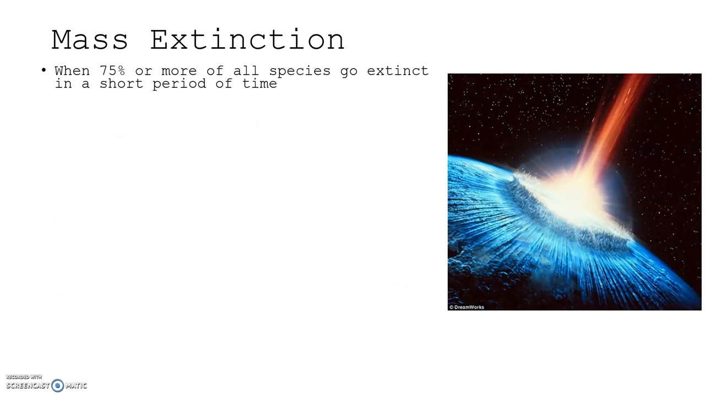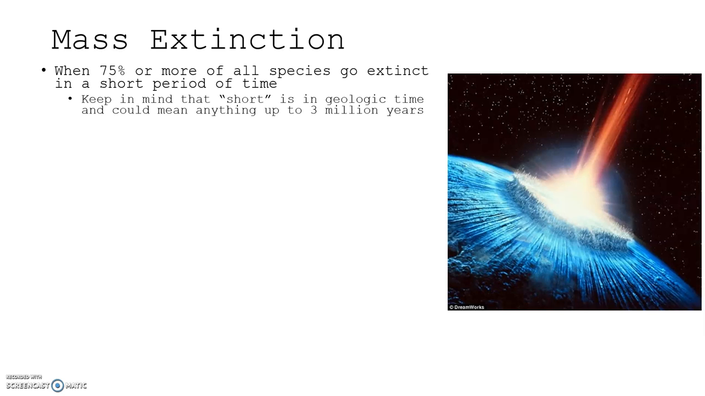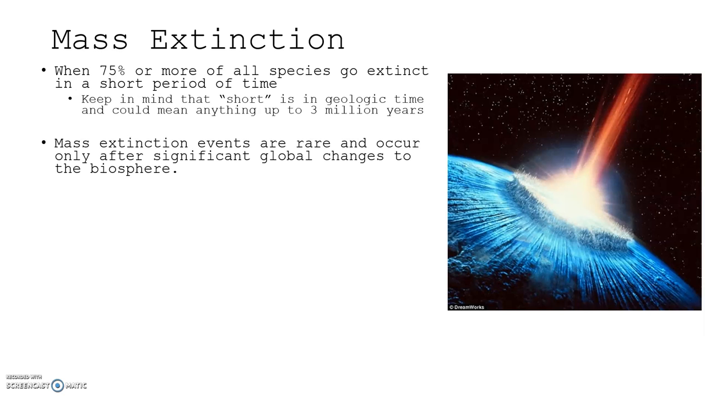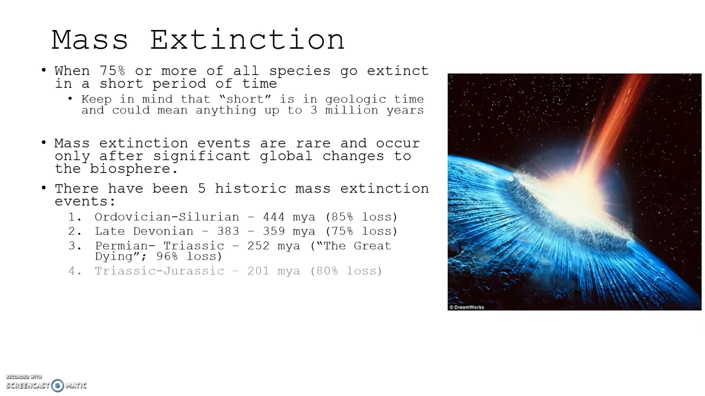Mass extinction is when 75% or more of all species go extinct in a short period of time. Keep in mind that short in geologic time could mean anything up to 3 million years. So we have to keep that into account. Mass extinction events are rare and occur only after significant global changes to the biosphere. There have been 5 historic mass extinction events,